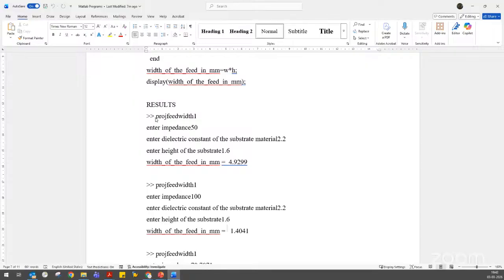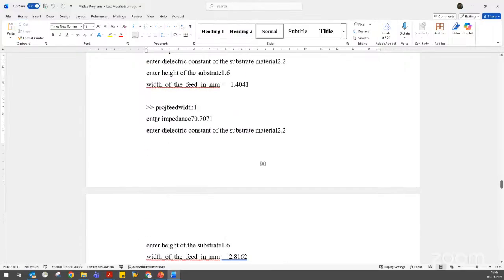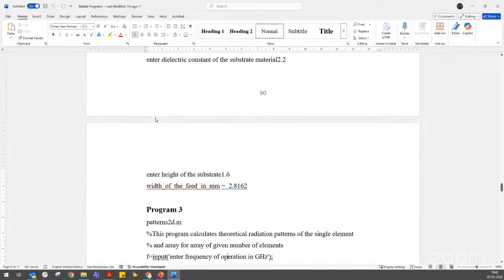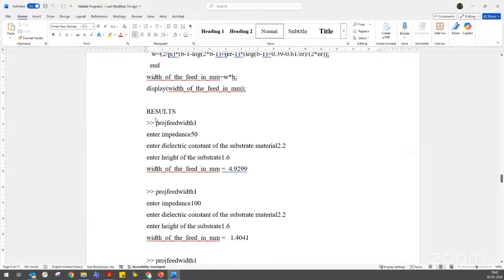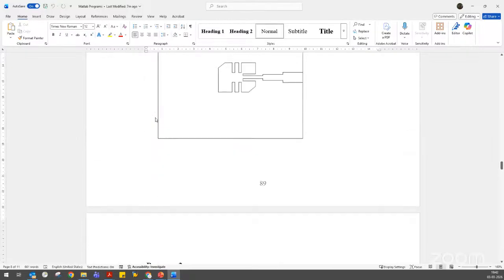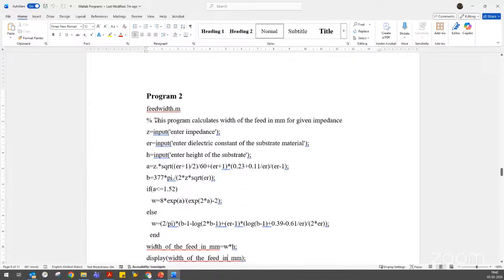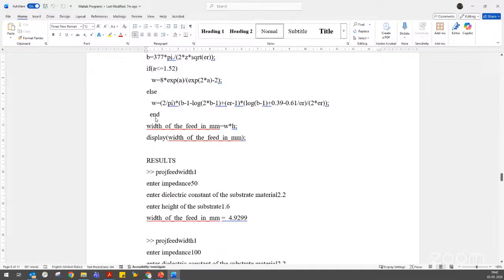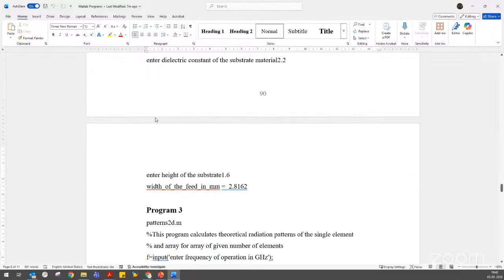The width of the feed for 100 ohms is 1.4 mm. For 70 ohms, it is 2.81 mm. All these widths we can calculate very easily by implementing this program. So you need to run program 2, and you'll be able to calculate all these things and design a full patch antenna.